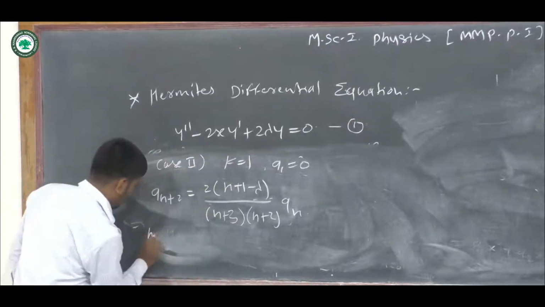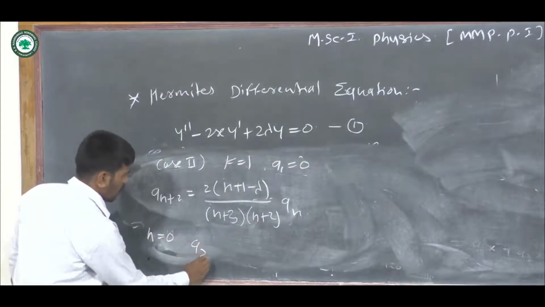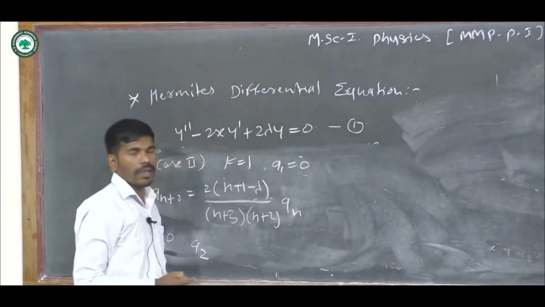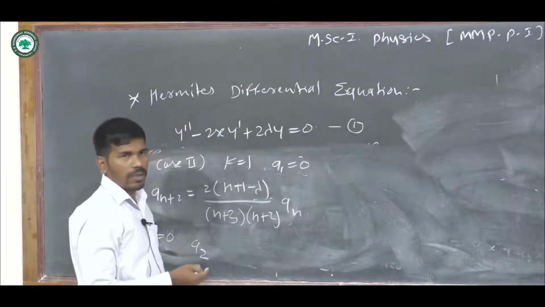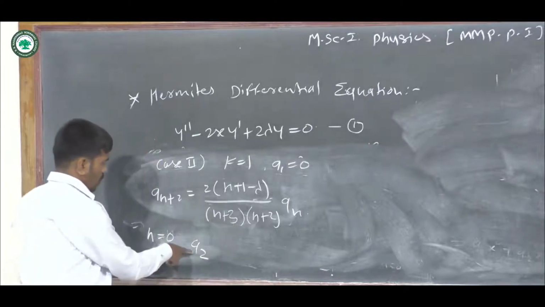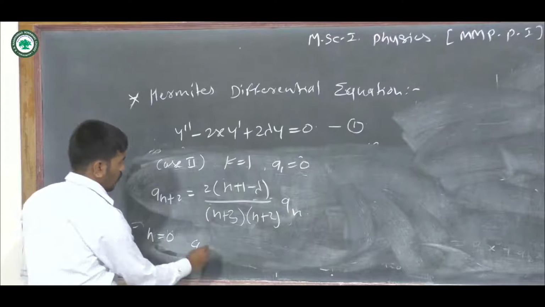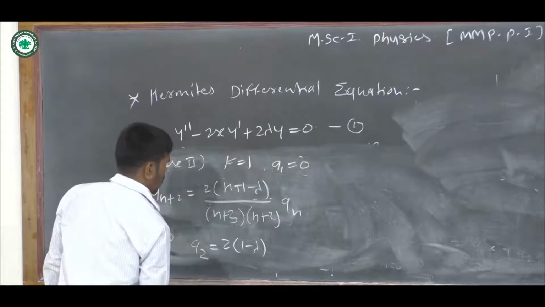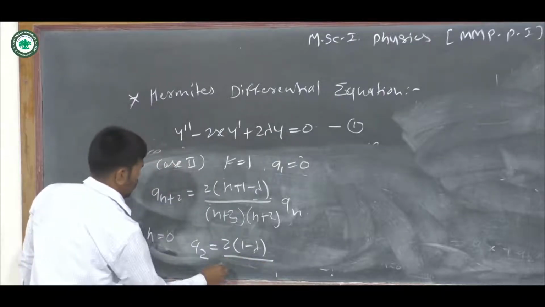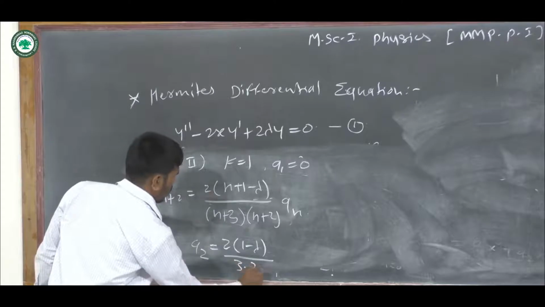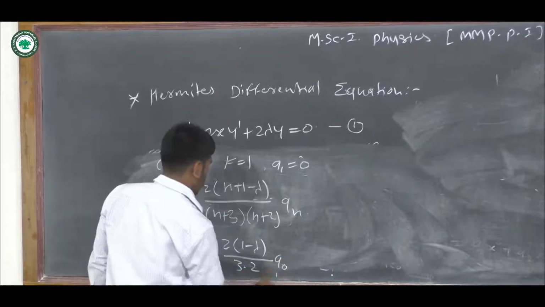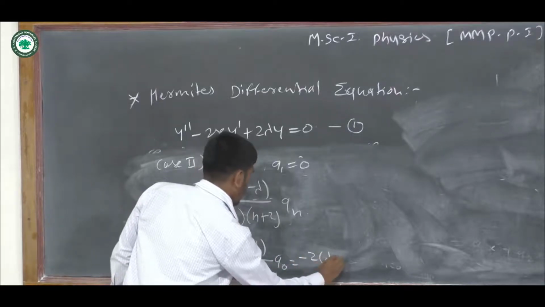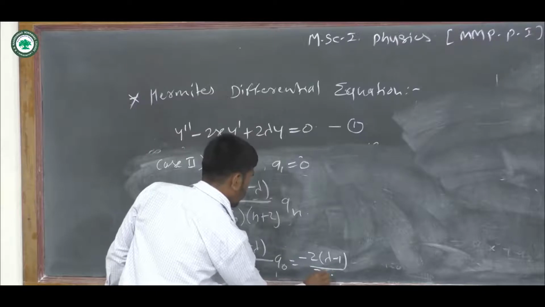For n is equal to 0, we get a2. Here also a1 is equal to 0, so a3, a5, a7, these all are 0 from the recurrence relation. So a2 for n is equal to 0 is equal to 2 into (1 minus lambda) divided by 3 into 2, and a0. Also we can write minus 2 into (lambda minus 1) divided by 3 into 2,